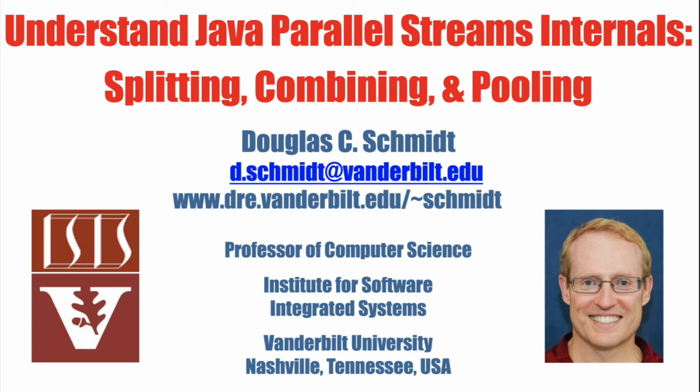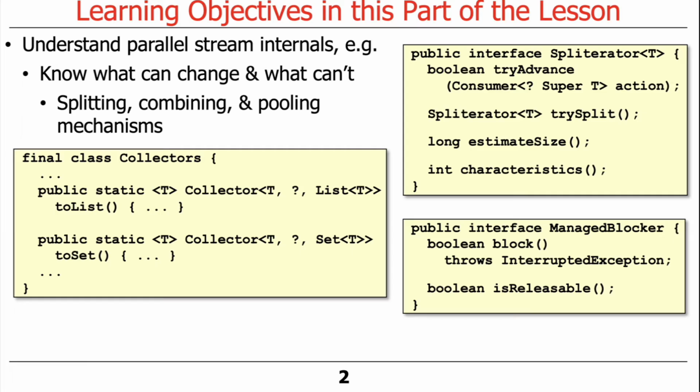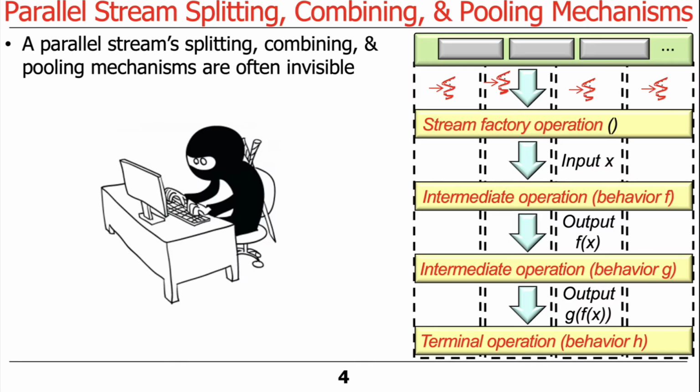So we're going to continue our discussion of Java parallel streams and internals by talking about splitting, combining, and pooling. Some of this will be a little bit of a recap from sequential streams, which is perfectly good, although there are nuances and subtleties you have to be aware of when you program with parallel streams. As with sequential streams, a parallel stream's splitting, combining, and pooling mechanisms are largely invisible unless you choose to influence them in some way. So again, it's like the ninja, which is not going to be seen by the naked eye unless you're really